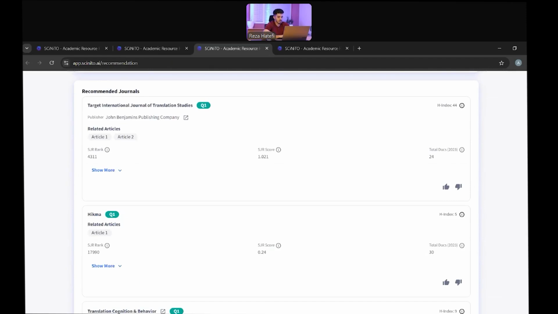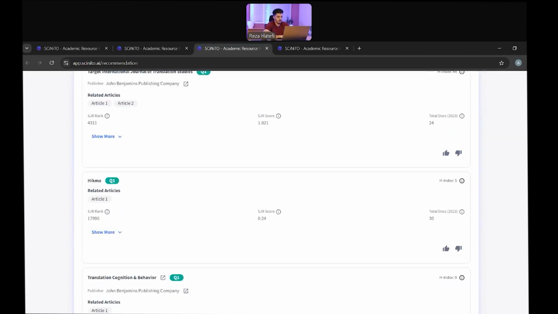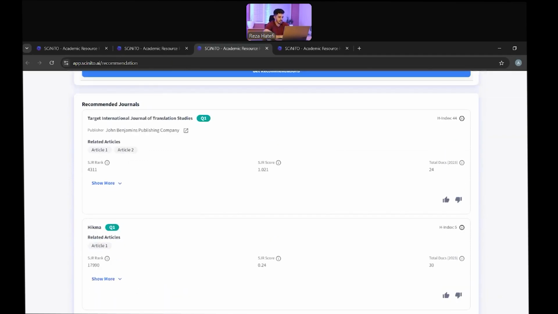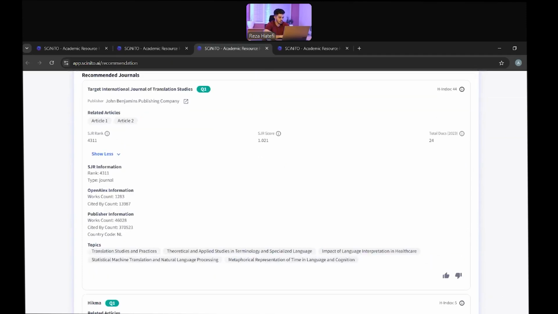The highest impact journal that it found for me in Q1 is Target International Journal of Translation Studies. It actually also gives me the related articles in that journal. It also gives me some more information here of the SJR rank, the SJR score, the H index as well. I can actually give it feedback too. And I can ask it to show me a little bit more information, its ranking, its OpenAlex information, publisher information, and the various topics discussed in this